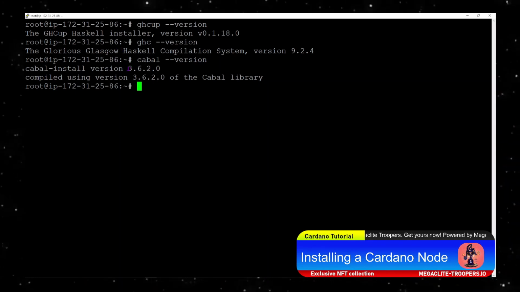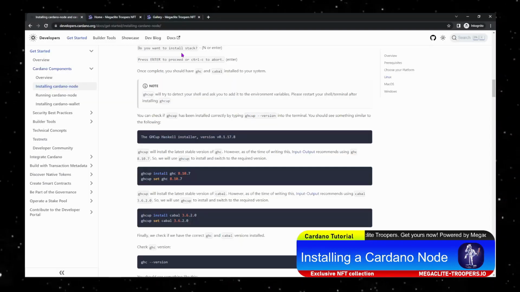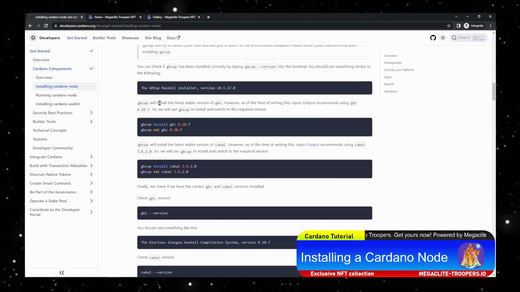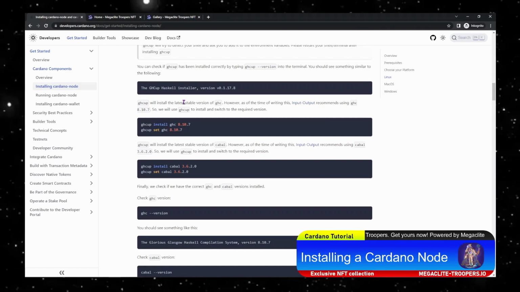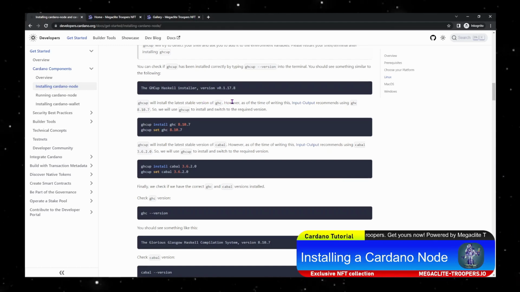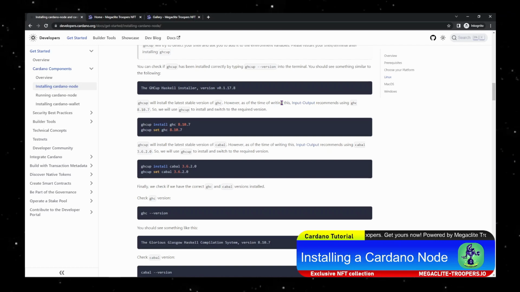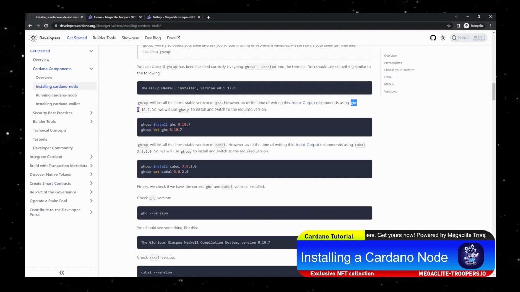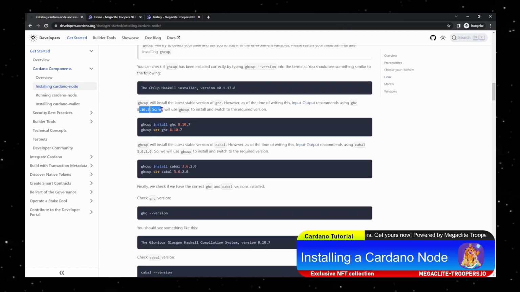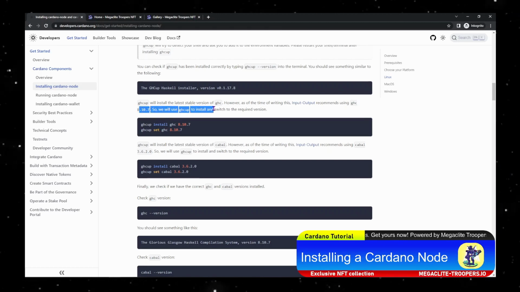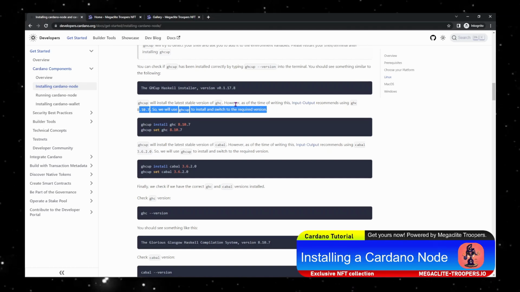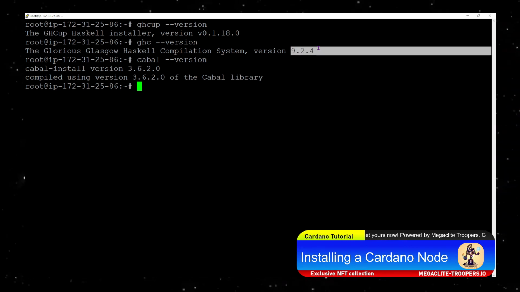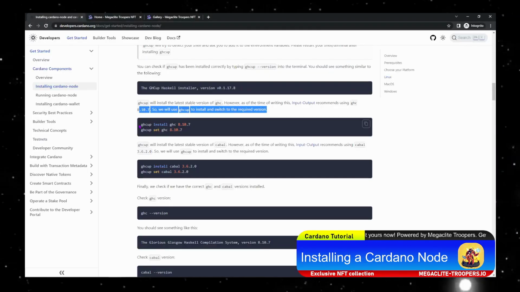We received version 3.6.2. So let's read what Cardano tells us here. GHCup will install the latest stable version of GHC. However, as of the time of writing this, Input Output recommends using GHC 8.10.7. So we will use ghcup to install and switch to the required version. So that's what we have here. We have the latest version of GHC and we will downgrade to